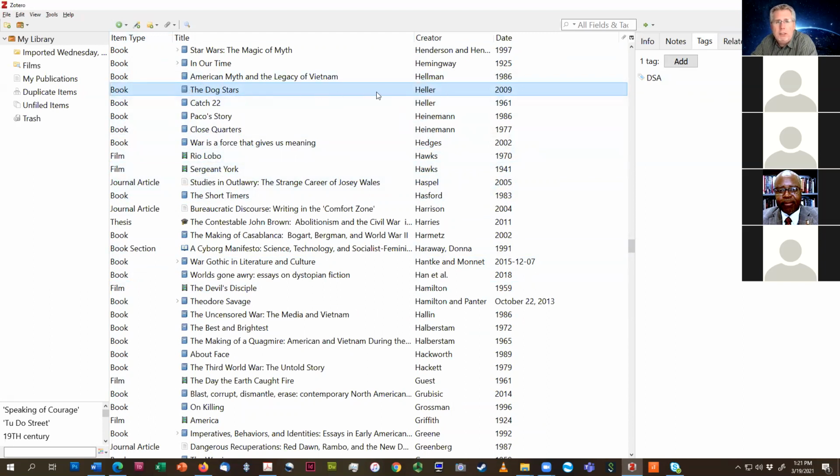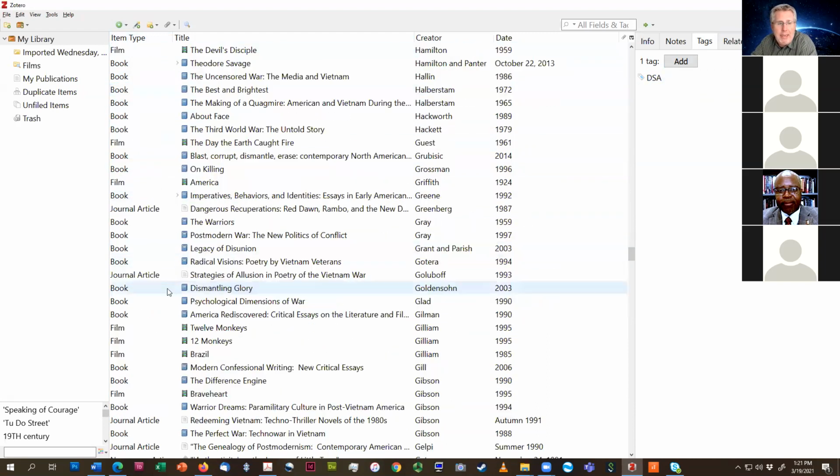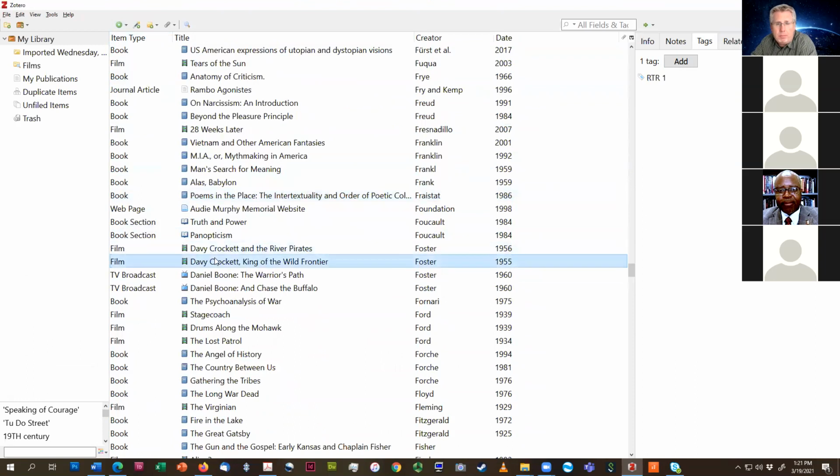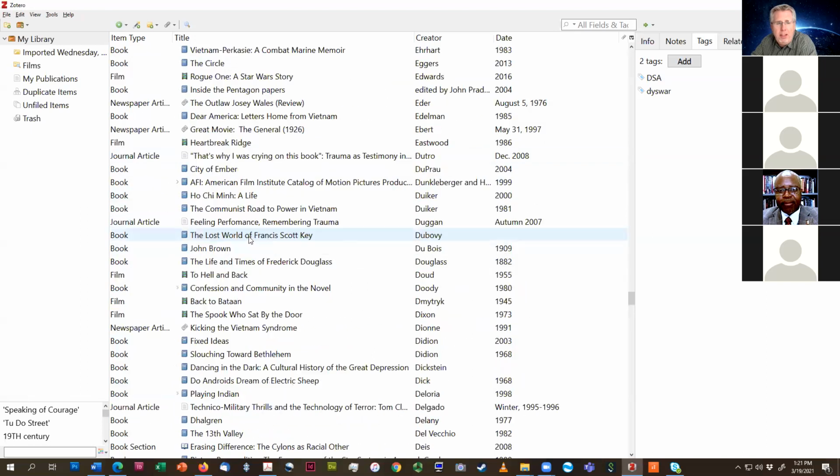Daniel Heller's The Dog Stars, which is a book. I was researching this for a book I was working on called Dystopian States of America. And again, I tagged it with DSA. So you can see there's a bunch of tags. Dystopian War, I was talking about Pat Frank's The Last Babylon. And again, these are unlimited numbers of tags that you can use. And the nice thing,